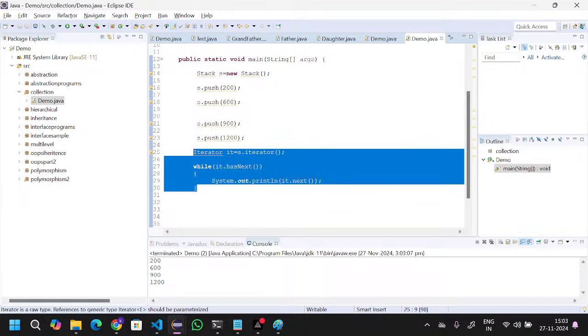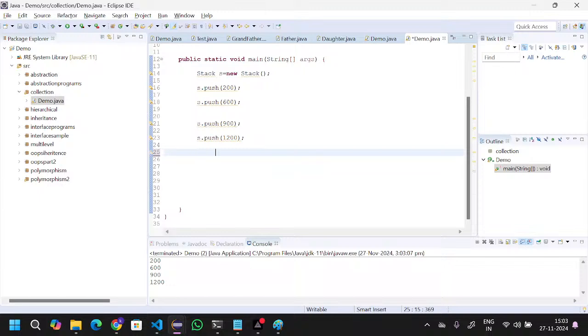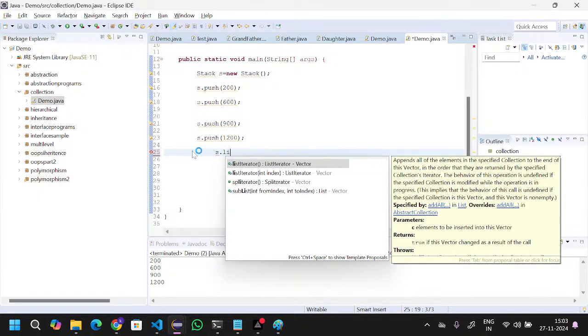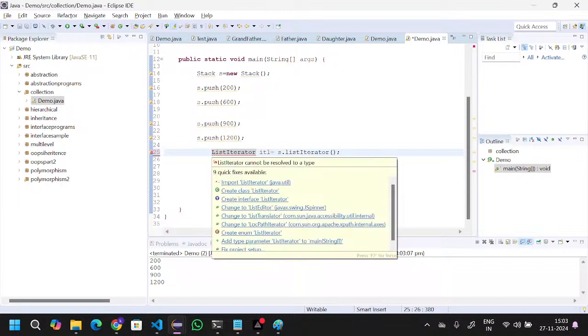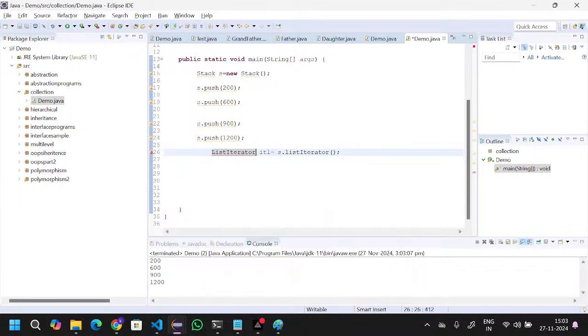For example, this I am deleting. Now again s dot listIterator. listIterator is the method, and this again I am storing in itl. ListIterator is a predefined class; you can import the predefined class. Okay. Now take the same while block, and inside the while block you can mention